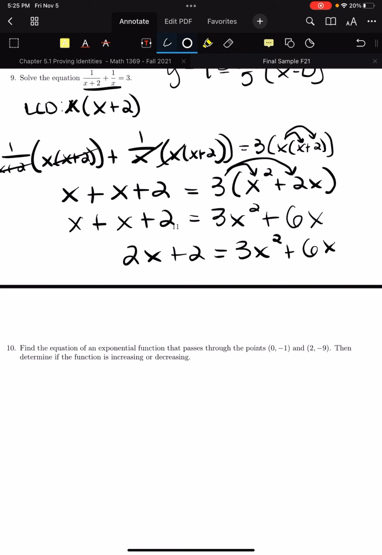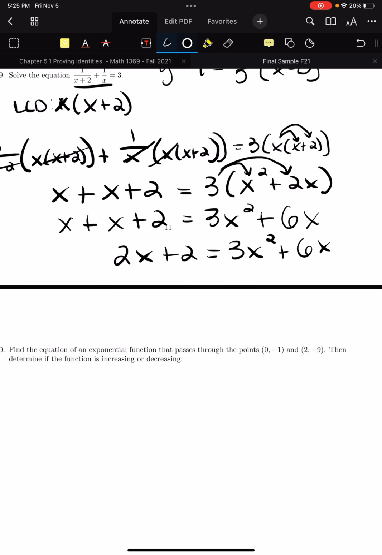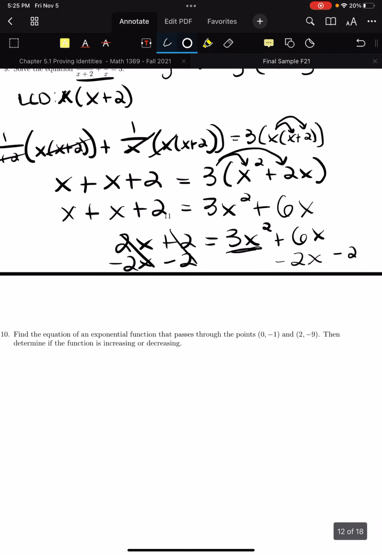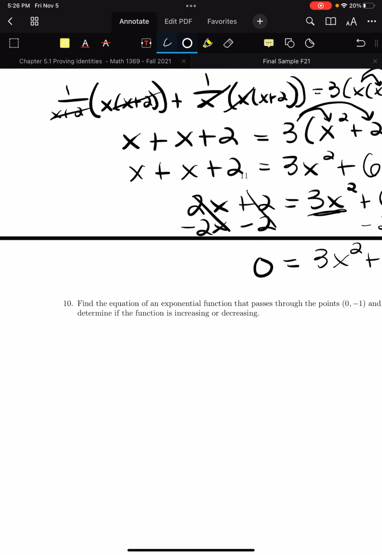From this point forward, we can get everything on one side. Keep your leading term positive. So we're going to subtract 2x and then subtract 2. And then we are going to have an equation that says, and this is going to bleed over onto the next page, but 0 equals 3x squared plus 4x minus 2. I'm going to tell you right now, it's not going to break down by the product and sum rule. We're going to have to use the quadratic equation, which is